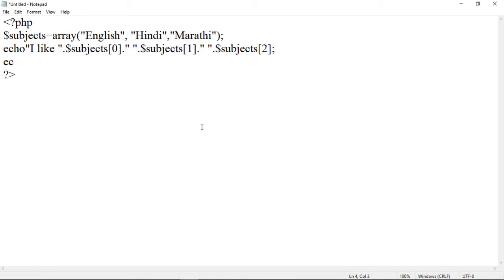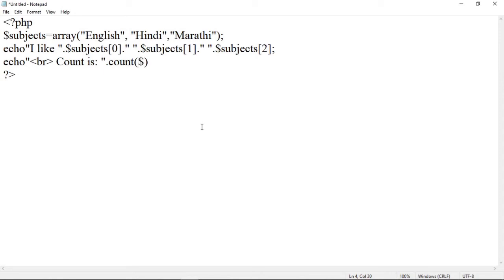So let us add an echo statement to display it. Echo. To have output on the next line, what do we have to do? Use a BR tag. After that, add a statement as "count is", then use a concatenation operator, that is dot. For displaying the count of values present in an array, we will use the count function, and in brackets you have to provide the array name.